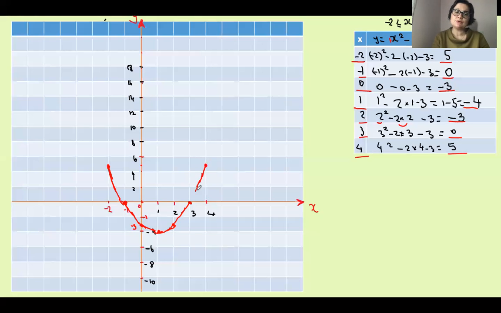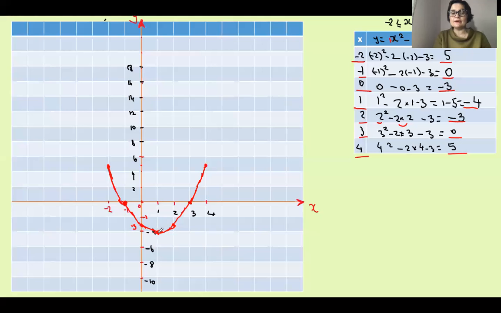Try to use a pencil and a rubber in case you want to have a perfect parabola, and rub out any extra lines that you don't need. Okay, just like that. So you built a parabola, but actually we haven't finished here yet, because the question says